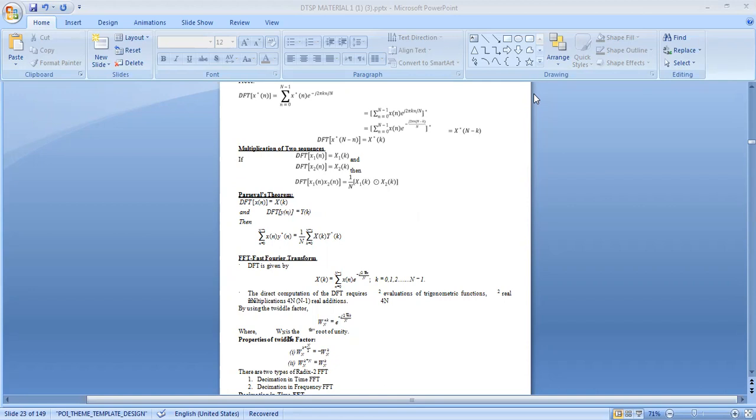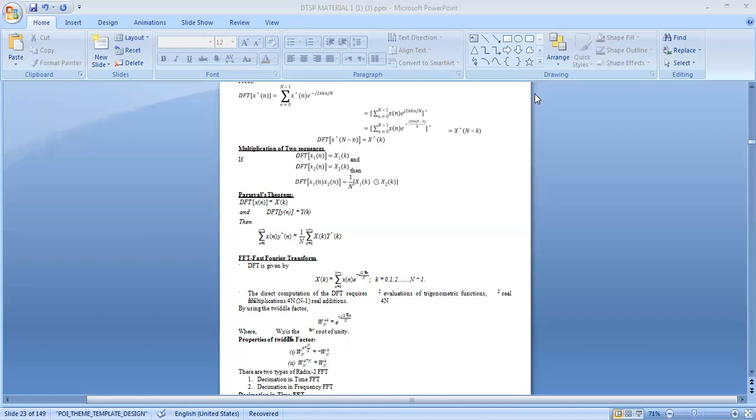And apart from that, we found out how to compute the IDFT, and then how to do the circular convolution using DFT and IDFT. So in order to overcome this drawback, we are going for the next transform, which is named the fast Fourier transform. Here we are going to see an important factor, which is named the Twiddle factor. This is repeated, 2 marks.